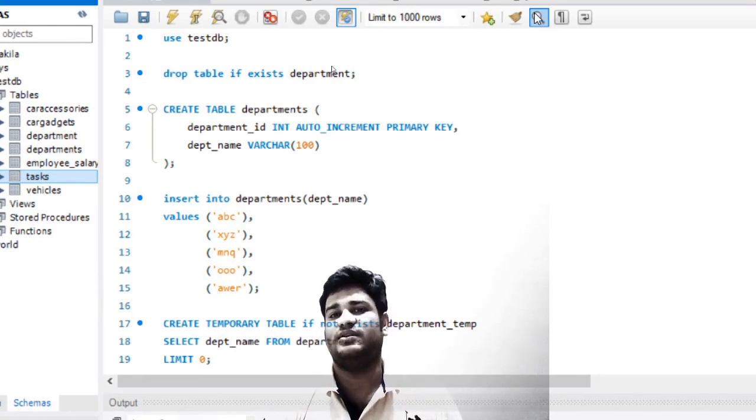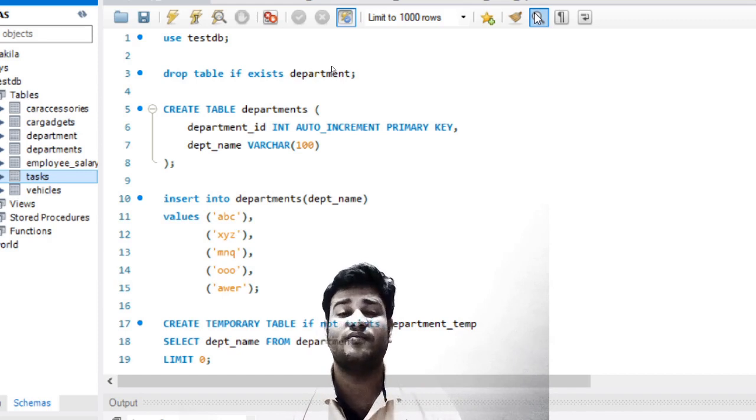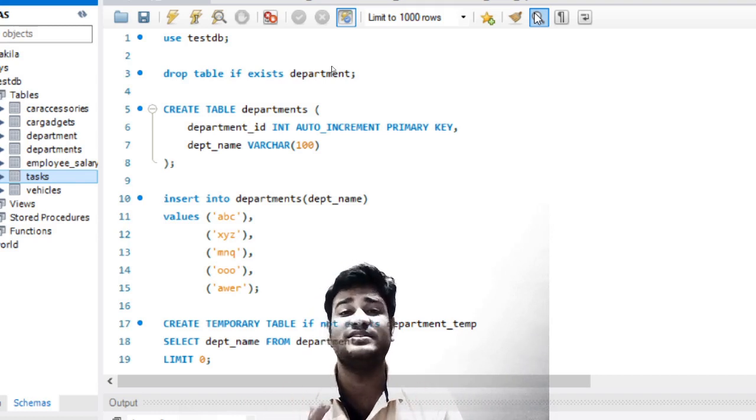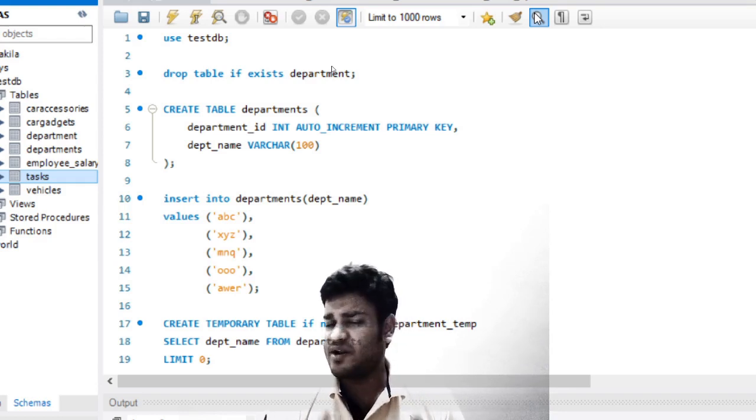Now what is the use of temporary tables? For example, you are working on banking software, and you need to run various queries to fetch data, and those queries are very costly. What is the meaning of costly? Costly in computers always means that a query is taking a lot of time or a lot of resources, a lot of CPU, a lot of memory. So you write a query that is very costly, with a lot of joins. We will talk about joins in coming chapters. Just understand the concept of temporary tables.